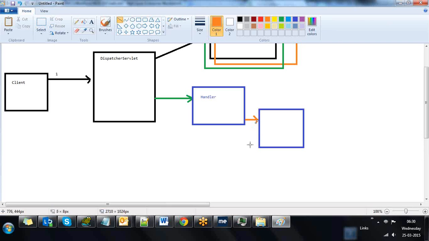See, before the login controller, this much internal process is there. So once the login controller is available, when the controller, the login controller, came,